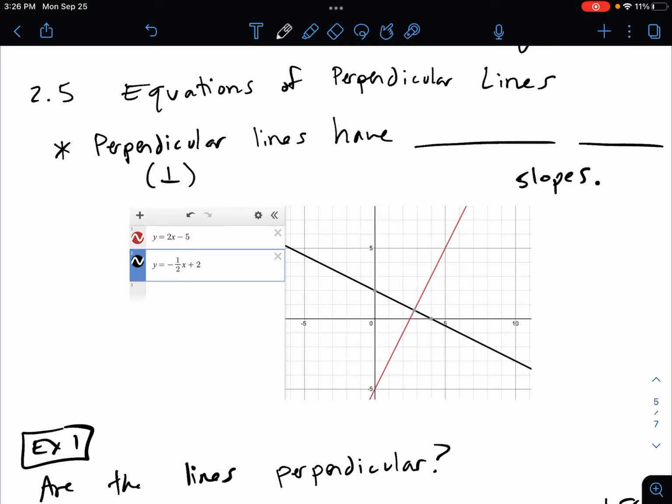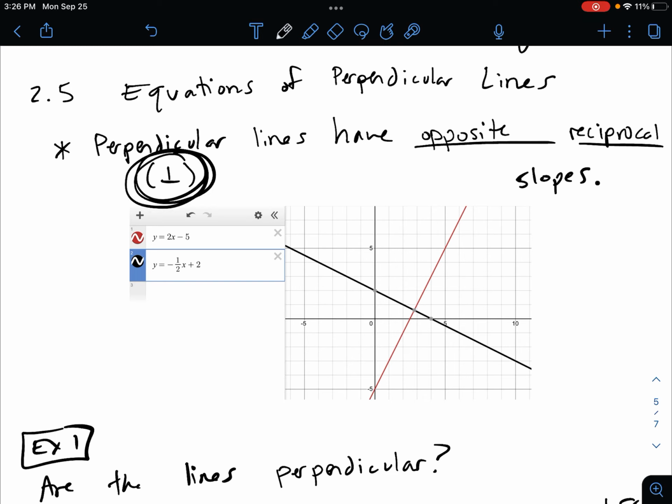So in section 2.4, we talked about equations of parallel lines, right? Parallel lines have the same slope. Here we're talking about equations of perpendicular lines. Now, perpendicular lines have opposite reciprocal slopes, right? So we know that opposite means we're changing the sign. So if it's positive, it would be negative and vice versa. And then a reciprocal is just taking that number as a fraction and flipping the numerator and the denominator, all